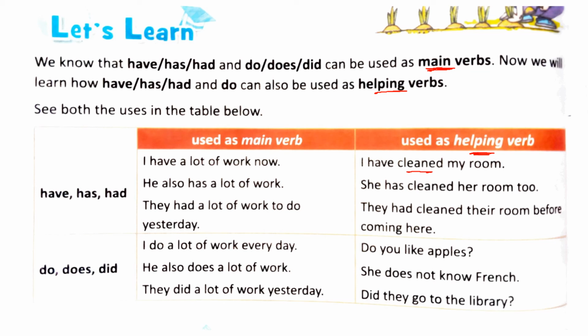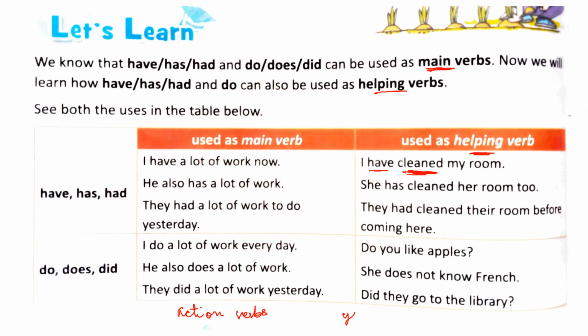For example, see here, I have cleaned my room. So the verb have is actually helping the main verb cleaned and giving us some information about the time. All right. Now let's see do, does, did. Do, does, did when used as a main verb act as action verbs, that is denoting some actual action. And when they are used as helping verbs, they are used to form